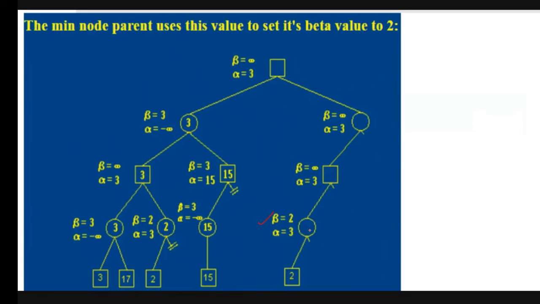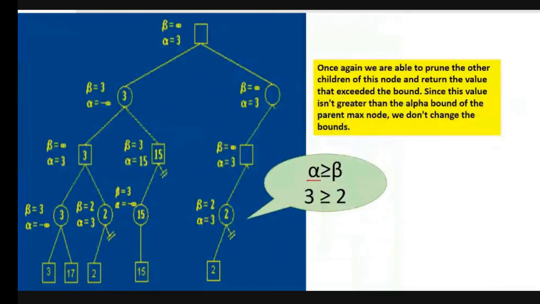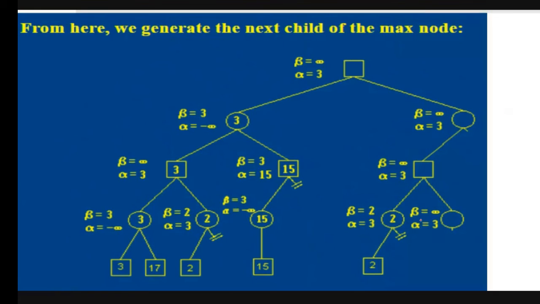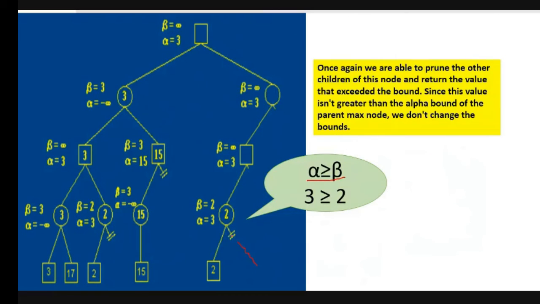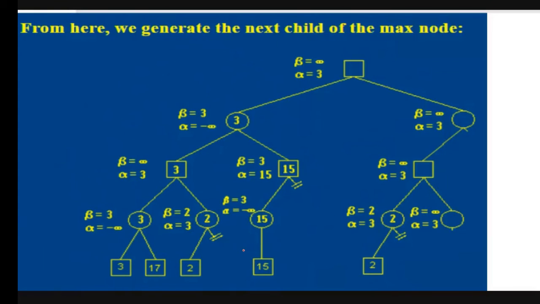Now just observe, there is a bingo. The alpha and beta condition has been obtained. We see that 3 is greater than 2. So we say that the other connections, there is nothing to explore. We have simply pruned these branches. So there is no need to explore further. Because there is nothing to carry forward, you just leave it. The pruned values will not be considered. So that's it.